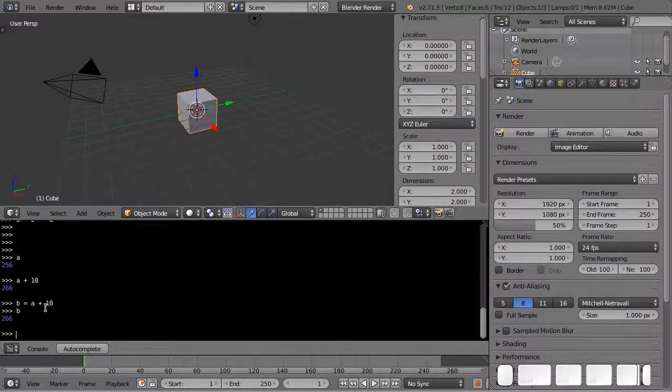And another neat thing that I could do is I can actually store the result in the same variable. So this is maybe counterintuitive. I can say something like a equals a plus 10. And what happens now is that a is 266. So what happened here? Well, the old value of a,